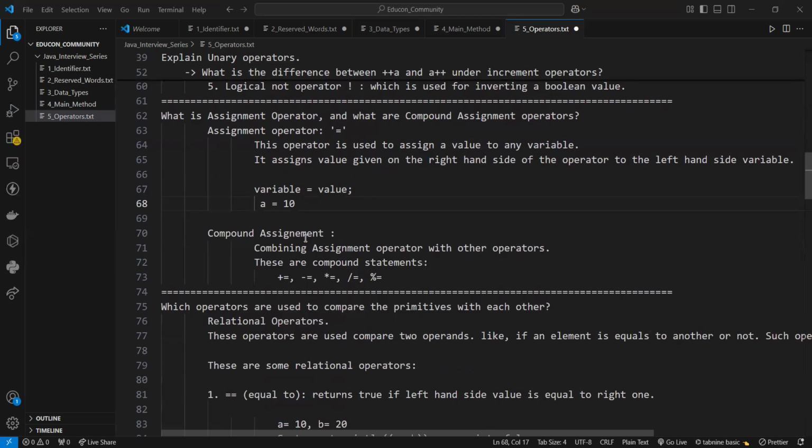Okay. Compound assignment. Compound assignments means combining the assignment operator with other operators. So like plus equals, then minus equals, star equals, then divide and equal. We are combining arithmetic and assignment. Okay, so that's why it is a compound assignment operator. Cool,